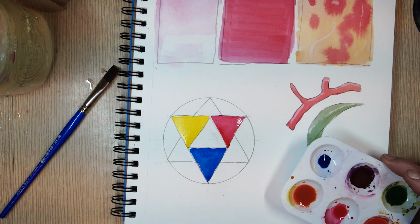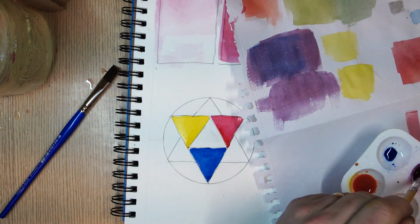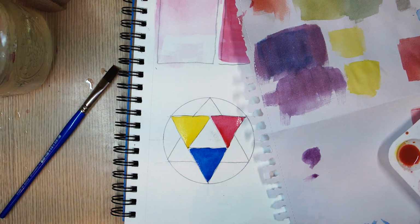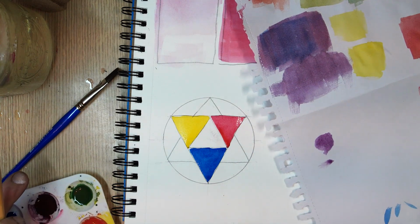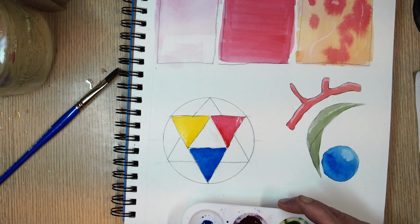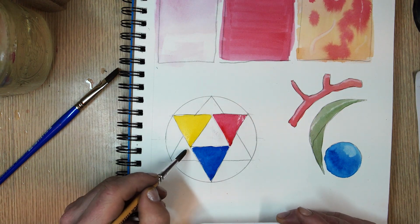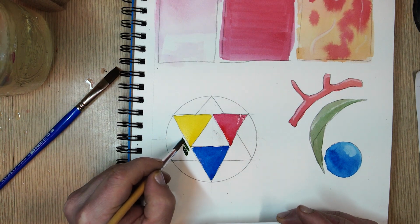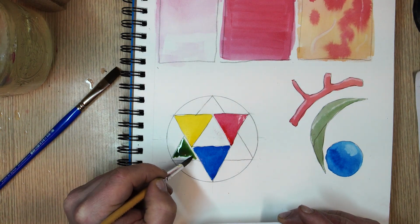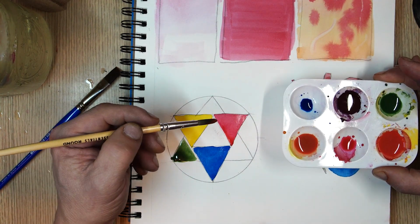All right, so now I've already mixed up my secondary colors. Mix them together, have your scrap paper, and test it out. Make sure you like the purple, green, and orange. So I made those by mixing up my primary colors. So I can go through here now and say yellow and blue is green. So I will put the green here. I'm going to keep it away from that wet blue and yellow. Otherwise, it'll just go right into them and mess them up. So I'll just try. I could always go back in later if I want to and fill it in, but I probably won't. All right, so